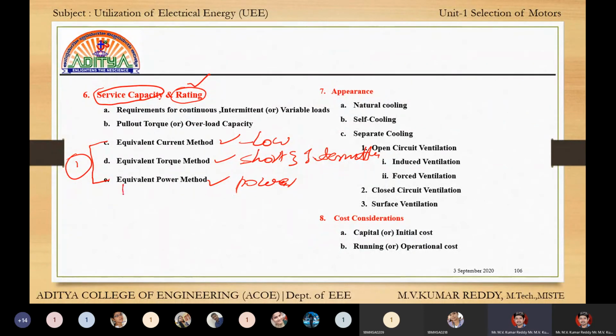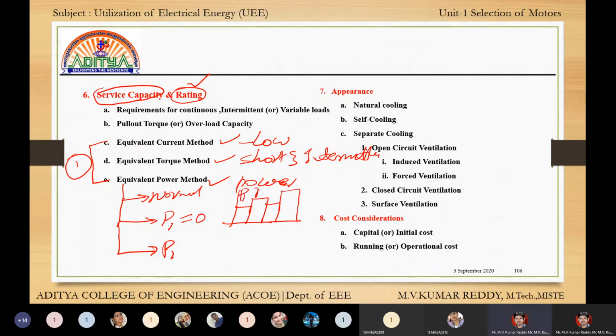In this equivalent power method, we have three conditions: normal condition, and P1 equal to 0, that means the curve starts from 0, and the second one is P1, where the curve starts from P1. Now, what is the normal condition? This is the normal condition.